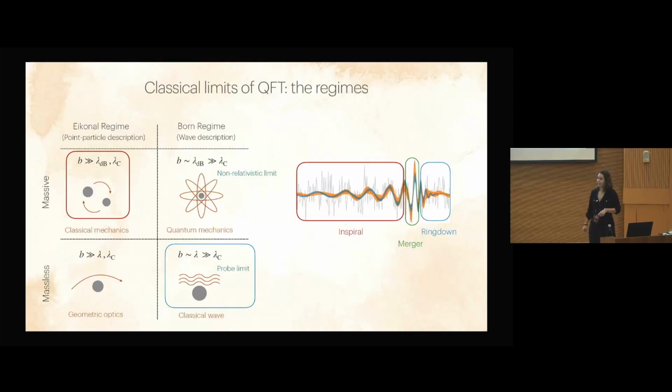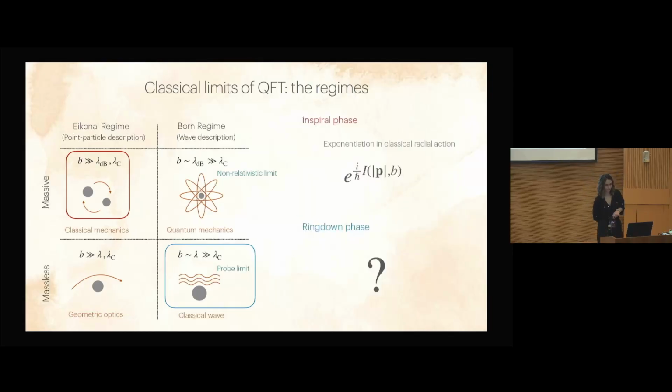At this point, I should probably say a lot of things and cite most of the people in this room, but let me instead just jump straight to the point that I want to make, which is the following. Something amazing we know about the inspiral is that the amplitude exponentiates. And this is very cool because it exponentiates in a large phase, so it's a highly oscillating object that then gives some saddle points. These saddle points are related to classical GR observables, and we know what's going on.